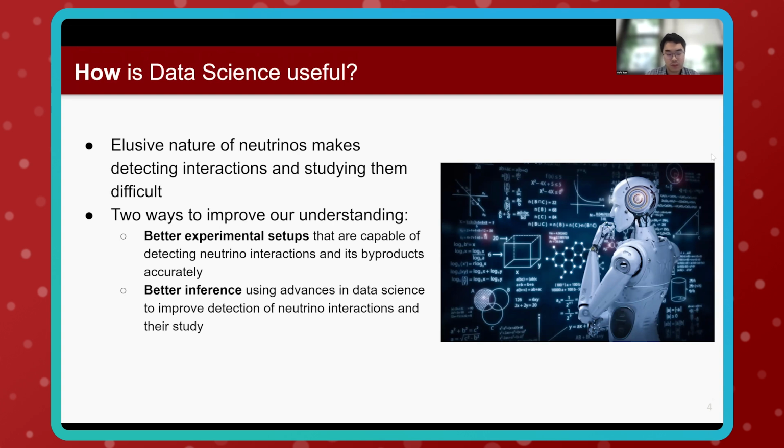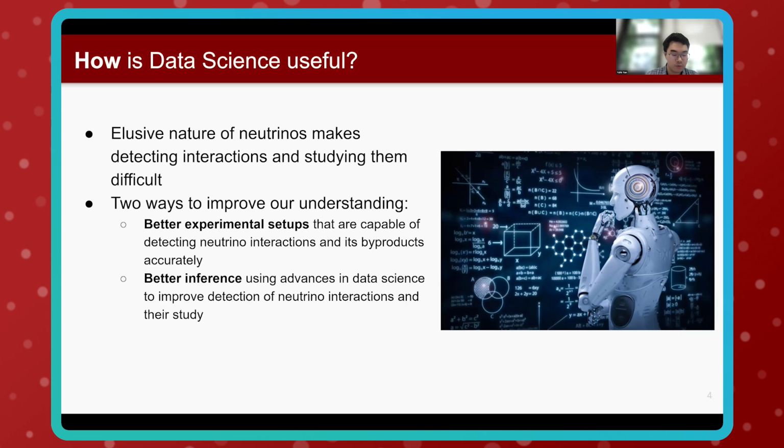Neutrinos' elusive nature makes their detection and study quite challenging. There are two main ways to improve our understanding of them. First, we can develop better experimental setups capable of accurately detecting them. Second, we can use advances in data science to enhance our inference capabilities, improving the detection and the study of